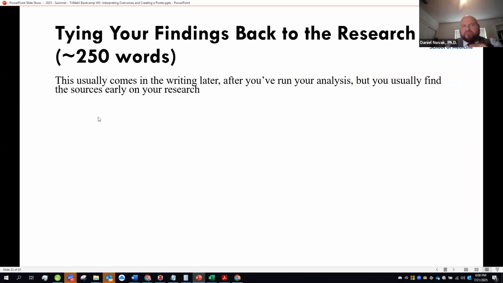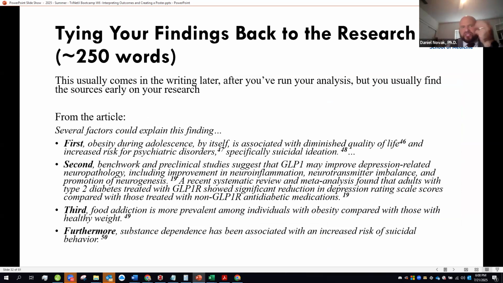Yeah, so after you've done your analysis, usually this comes in and you can see here's how they did that specifically. Several factors could explain the following. First, obesity during adolescence by itself is associated with diminished quality of life and increased risk for psychiatric disorders and specifically suicidal ideation. And it goes on like that, right? Tying everything back together, tying it to new sources, to existing sources, all of these things to really emphasize and strengthen